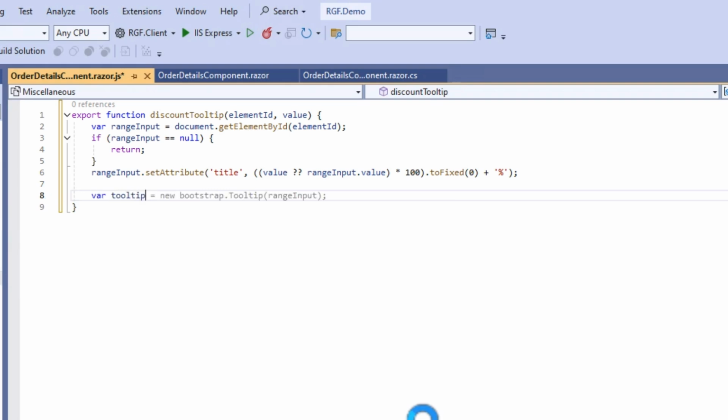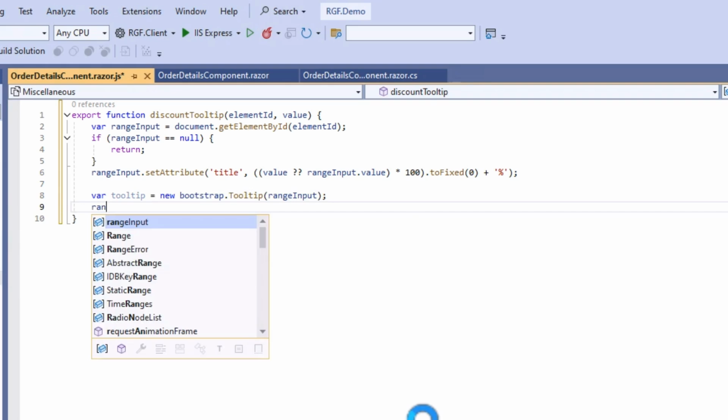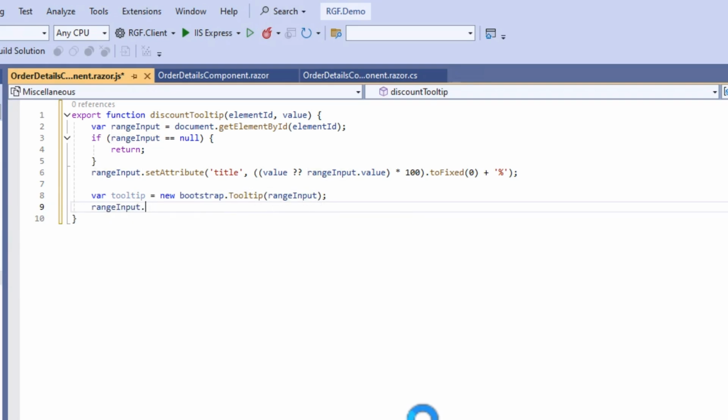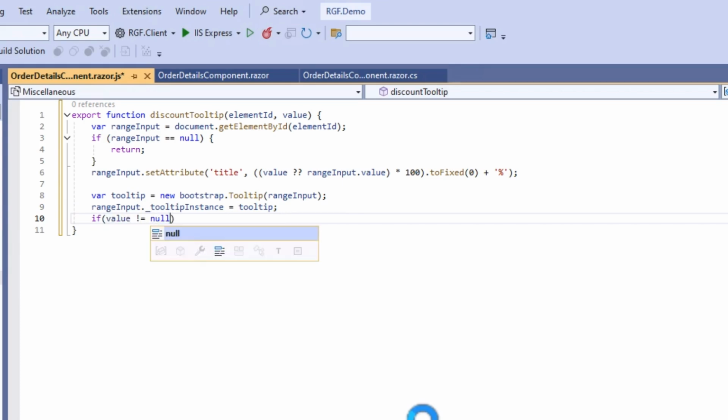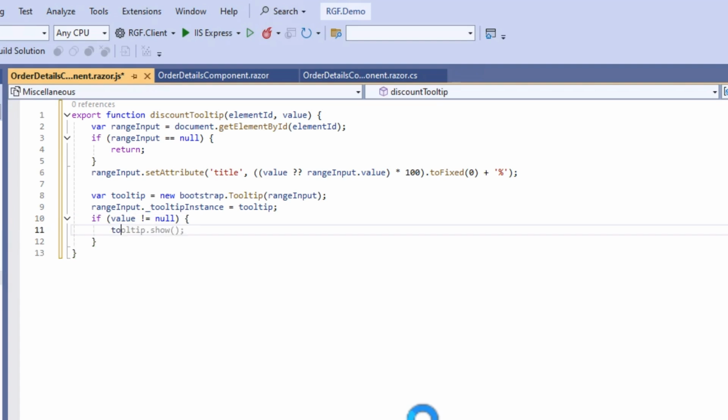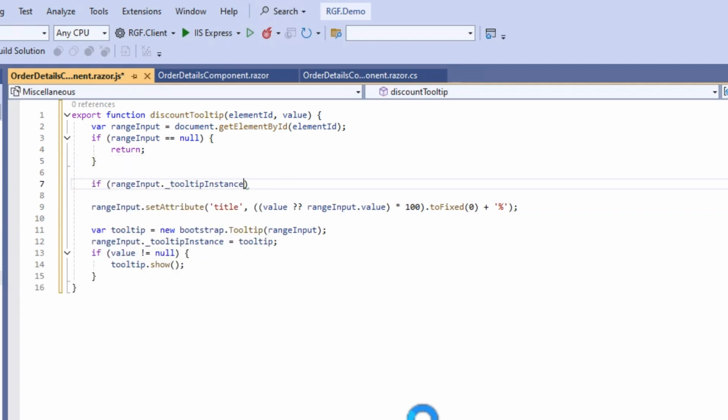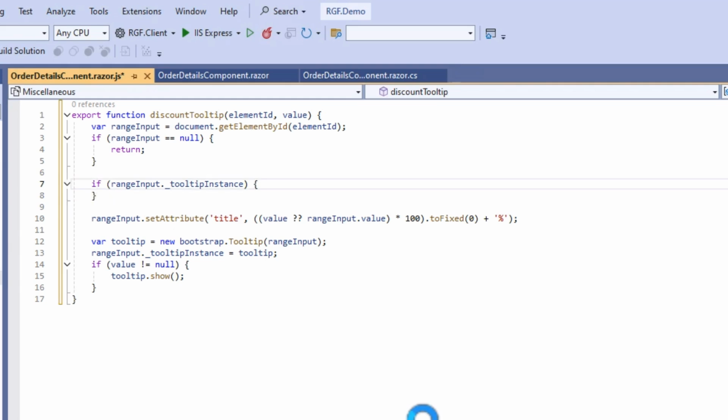Now I will create the tooltip itself. I will save the instance. And display it for valid values. To avoid duplication, I will remove the existing one.